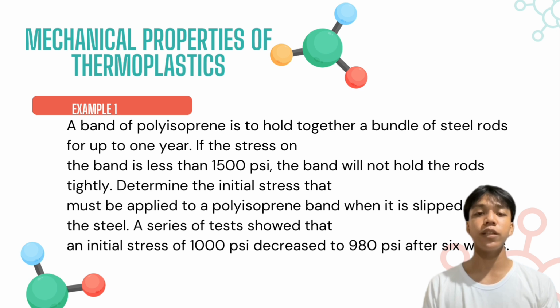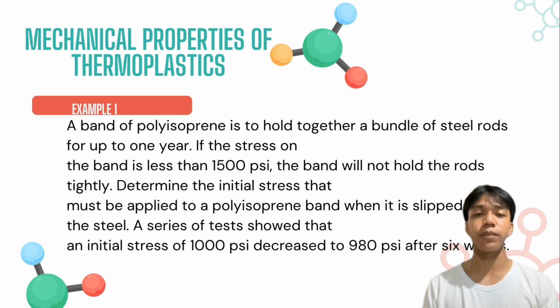Stiffness, resistance to deformation under load. Ductility, ability to stretch without breaking. Stress relaxation, gradual reduction of stress over time when a polymer is held at constant strain, as shown in the polyisoprene example. Polymers generally have lower strength and stiffness than metals, good flexibility and toughness, good chemical resistance, lower density,